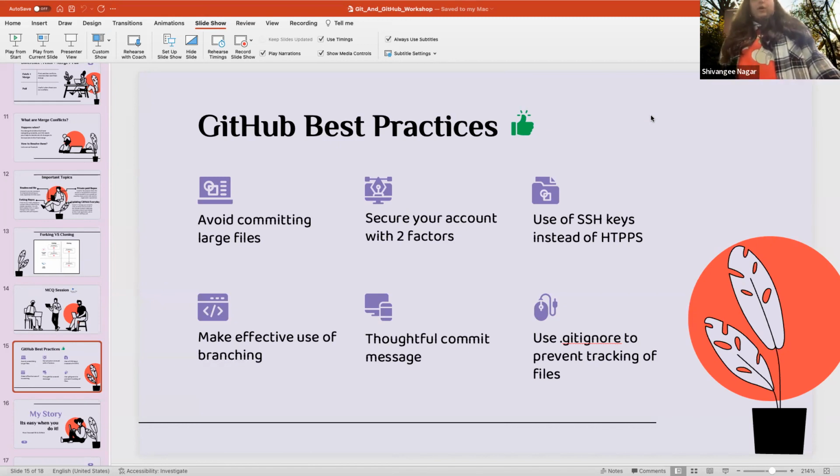Okay, use of .gitignore to prevent tracking of files. What happens is that when you make a push, sometimes there are some files which contain some authorization details and passwords which should not go to your GitHub. So if you have a file named .gitignore in your project, it prevents that tracking. You have to add those files inside it, and when you push the change, these particular things will not be pushed to your GitHub, because that should be prevented, right? So that's the use of this file.